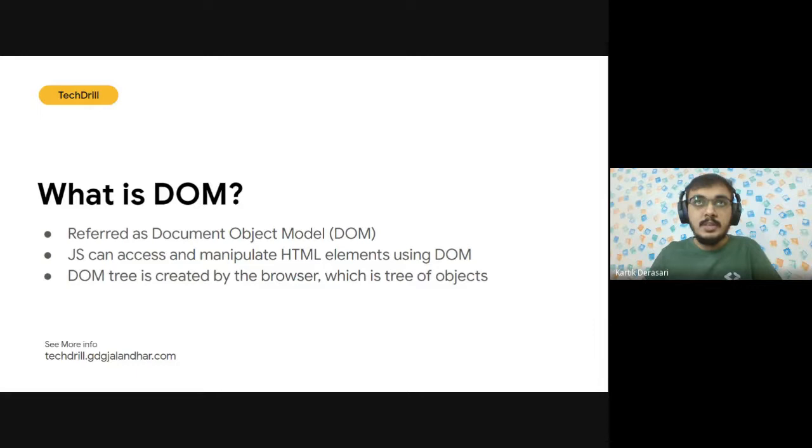On the first day, we learned a little bit about how websites work, how the browsers load websites. We learned a little bit about different rendering engines and JavaScript engines. So whenever a web page is loaded, the browser creates a document object model of the page. We'll see what exactly document object model is, and we are always going to use the document object model, DOM, whenever we want to change the look and feel of the website.